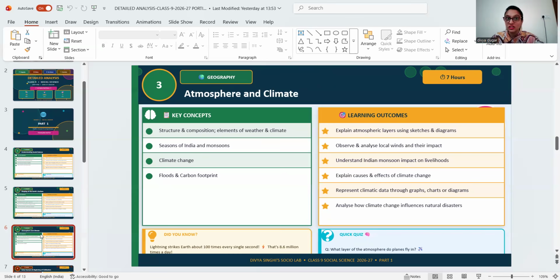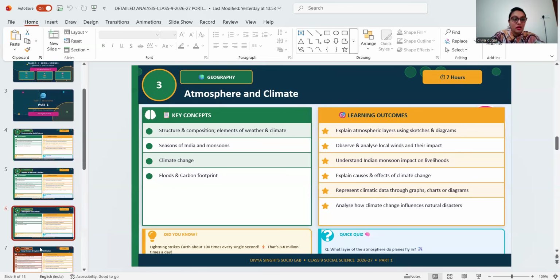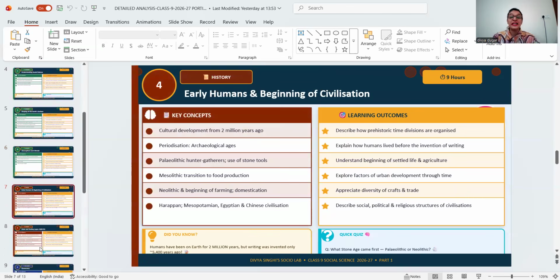Children, I was telling you about the chapter shaping of the earth surface, in which they covered 2 natural disasters, earthquake and landslide, but in atmosphere and climate we are going to cover flood as well, okay, as a natural disaster. Now children, the next chapter that has been added is completely new: early humans and